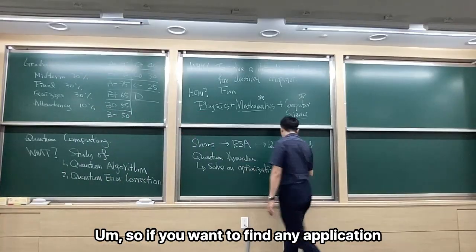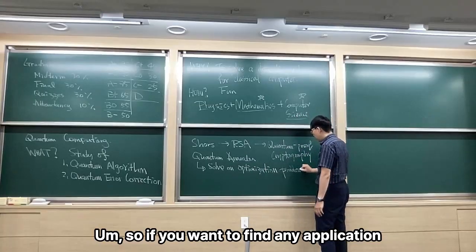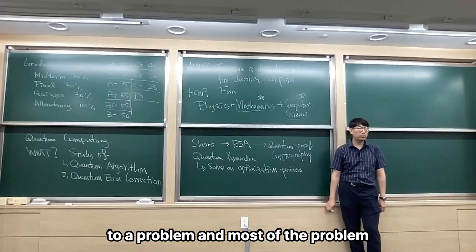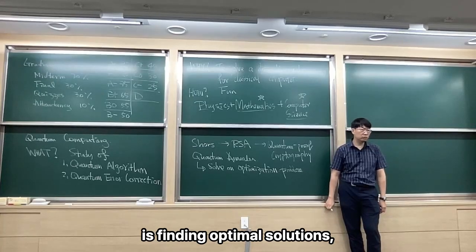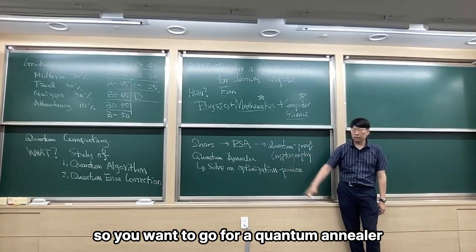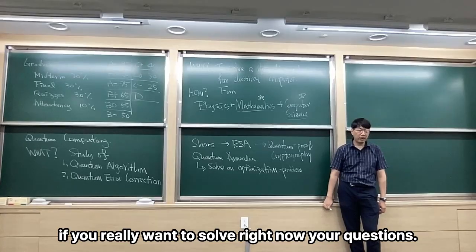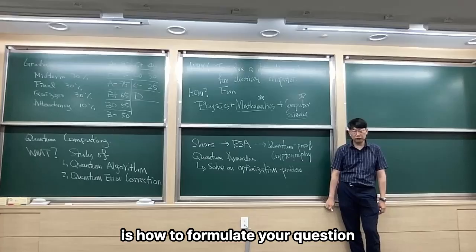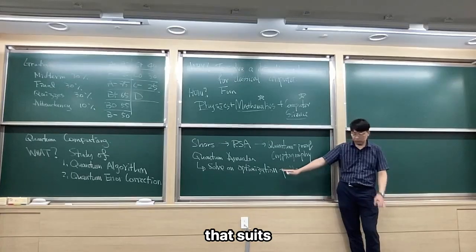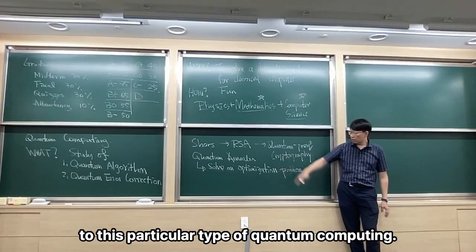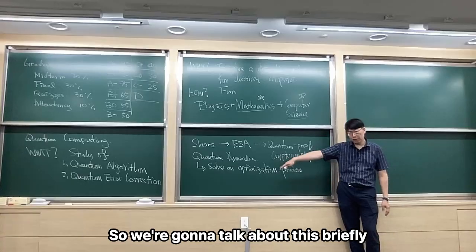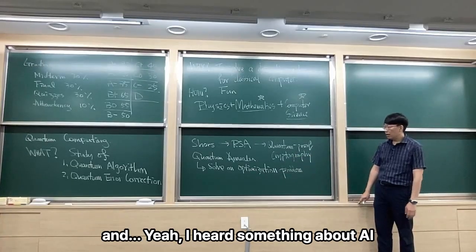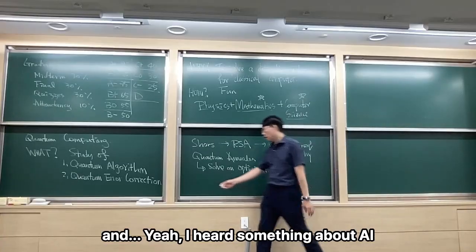So if you want to find any application of quantum computers, basically you want to find a solution to a problem, and most problems are about finding an optimal solution. So you want to go for a quantum annealer if you really want to solve your question right now. The question is how to formulate your problem so that it suits this particular type of quantum computing. We're going to talk about this briefly in our semester too. And yes, I heard something about AI, but